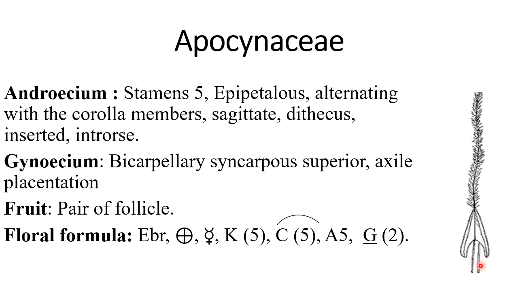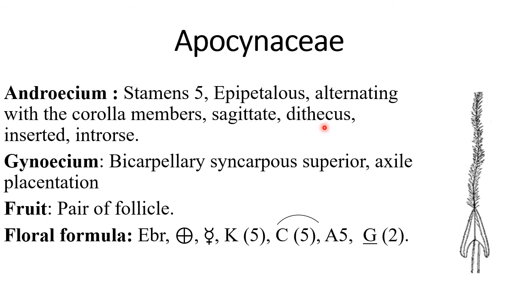If you look, this is the filament, here is the connective, and look here at the shape of the anther lobes, which look like an arrowhead, and above that you can see a hairy structure, and such a stamen is called a sagittate stamen,